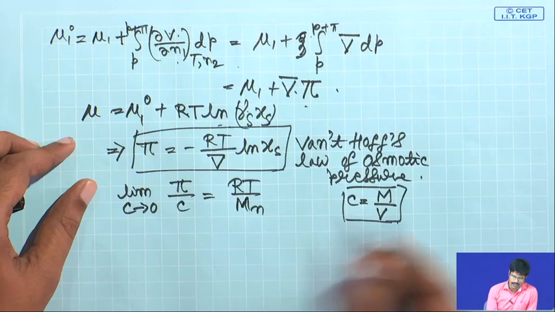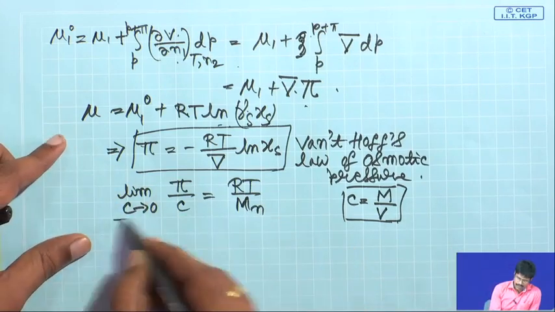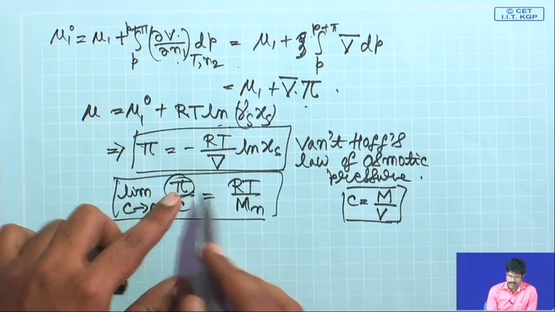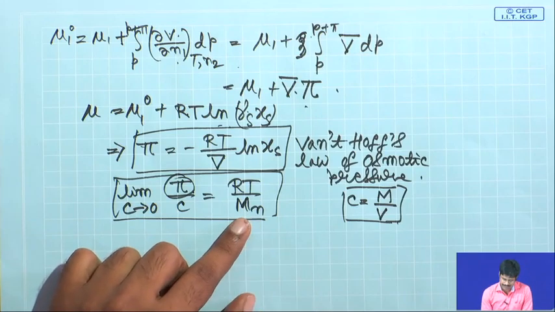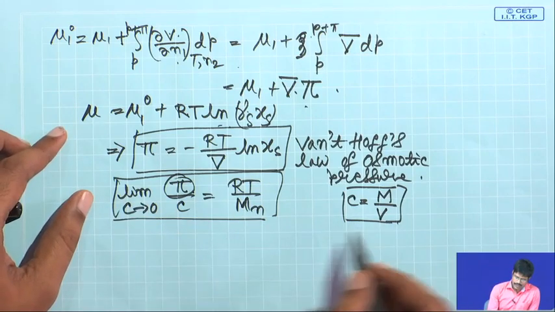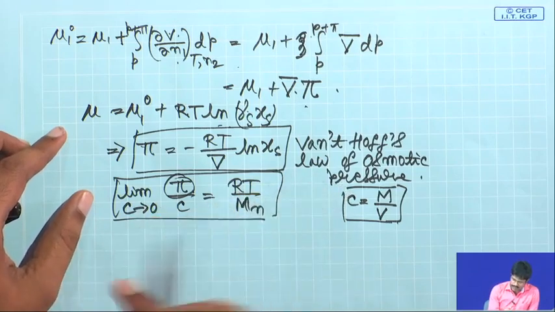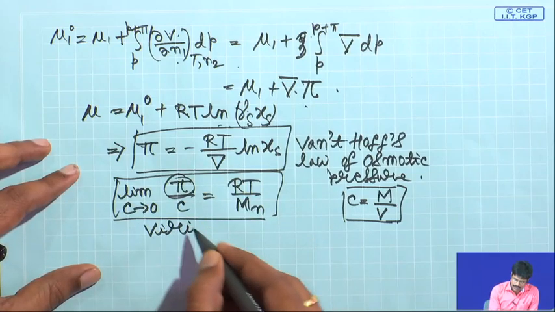Concentration is equal to weight by volume. So this equals RT by Mn, this is how it comes. So you know that your osmotic pressure pi is related to your number average molecular weight, and this particular equation we do not use as such, we express it in terms of a virial equation,